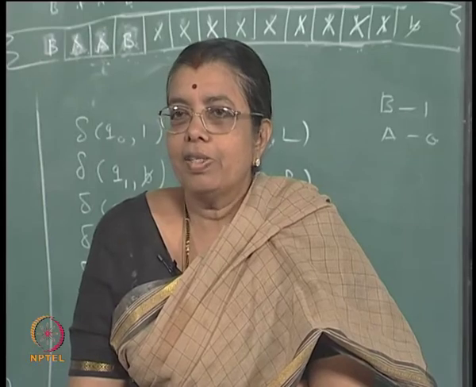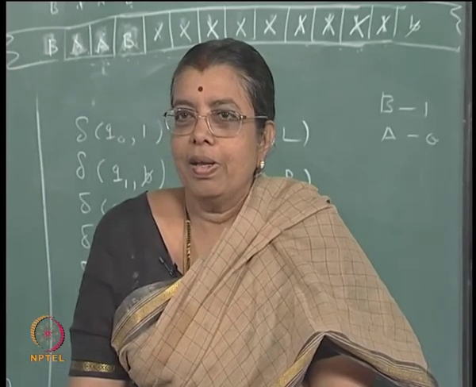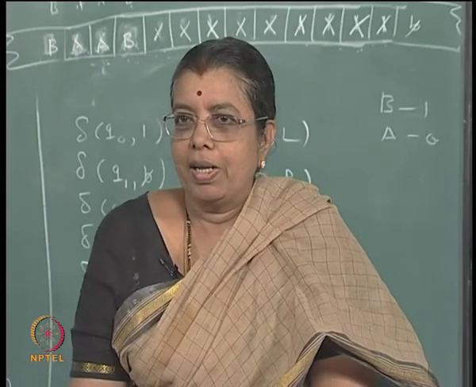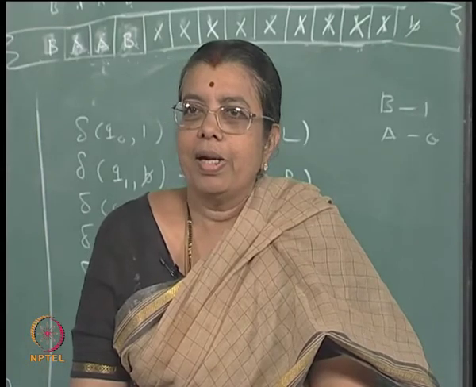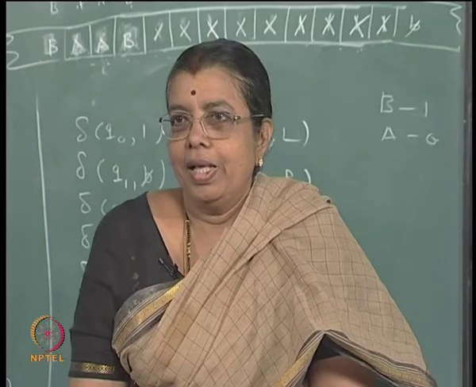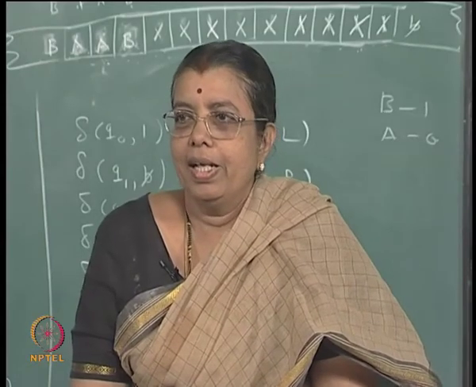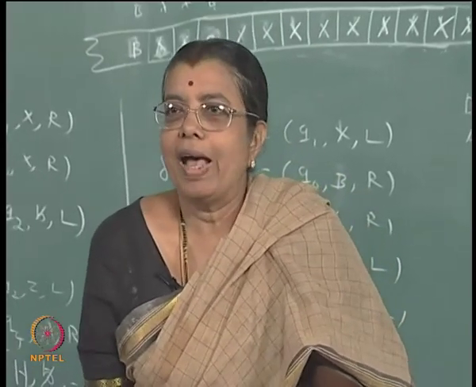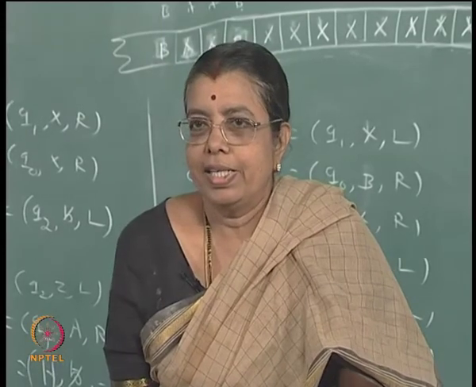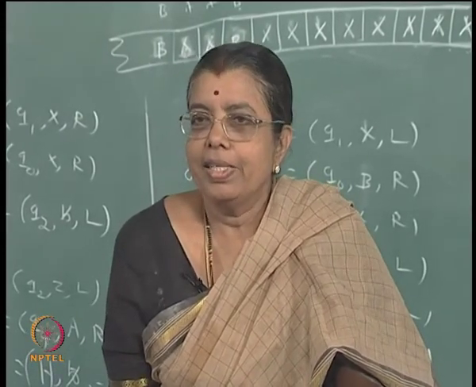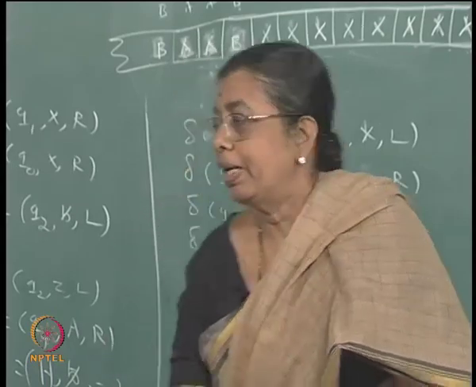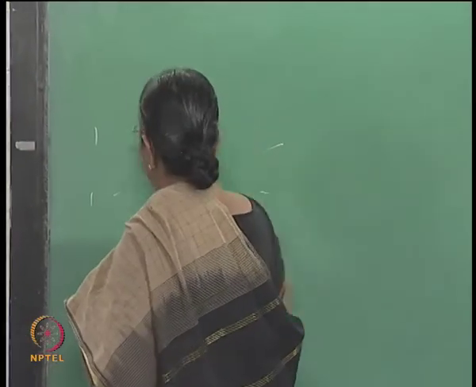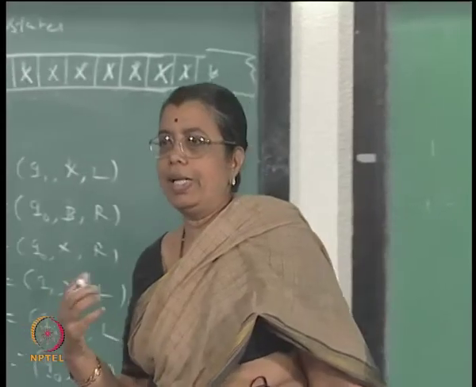But you must also realize that a finite state automaton you can use for adding two arbitrarily large binary numbers. But you cannot use the finite state automaton to multiply two arbitrarily large binary numbers, right. Why? Because it has a finite amount of memory. For example, suppose you can have a finite state automaton with n states for doing the multiplication, then consider some 2 power n plus 1 or something like that. It will be 1 followed by some zeros, this will be the sort of input. You have to remember the partial product, that is not possible, right.